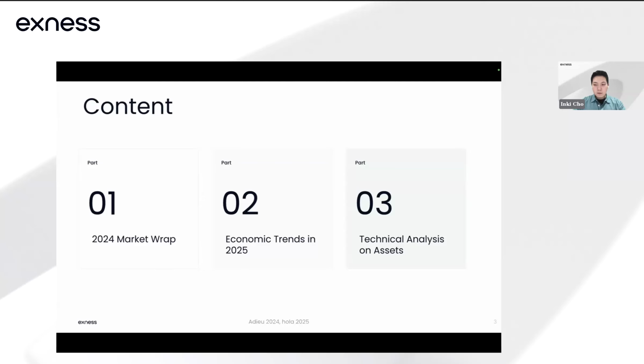Okay, so today's table of contents is as follows. In the first part, we will check which asset classes showed what movements last year in 2024. Especially, we will look at the movements of the dollar and various currency pairs following the Fed's monetary policy shift, and the rise of the big tech stocks following Trump's victory in the US presidential election, and of course, the explosive rise in the Bitcoin price as well.